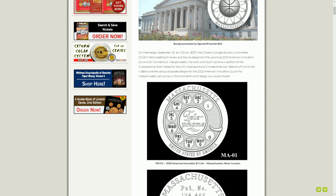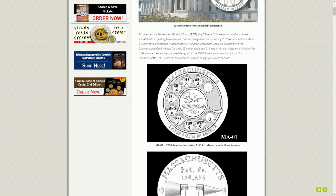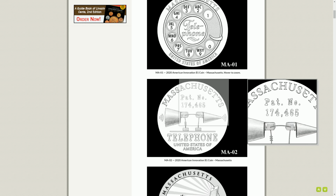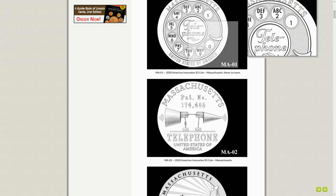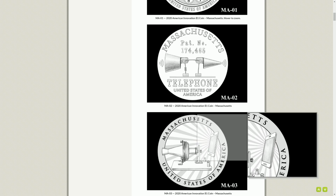Yeah. The next one underneath it is the telephone. The rotary phone. Well, was it the rotary phone or was it the invention of the telephone in general? Did Alexander Graham Bell do his work in, I don't know, Massachusetts? Oh, yeah. No. It was patent number 174465, because there's a couple of different telephone designs. I like the next one because it actually shows what the early telephone looks like instead of a rotary dial. Yes, absolutely. And this is what one of the very first telephones looked like. That's from the patent. And then the one underneath that shows a slightly more